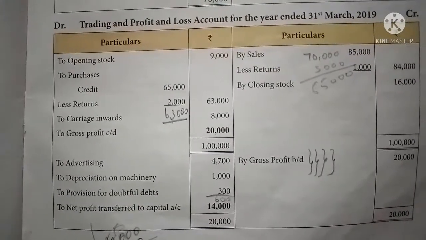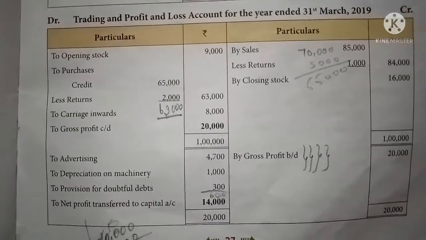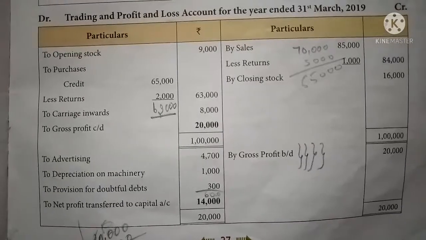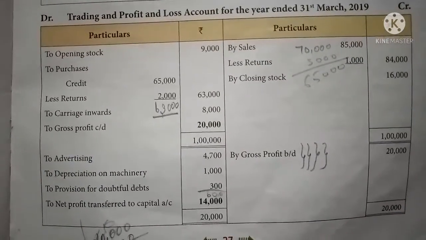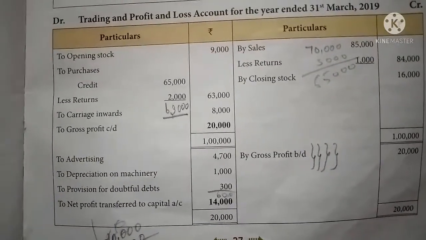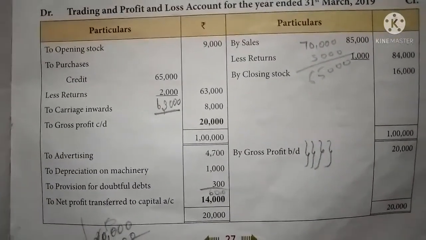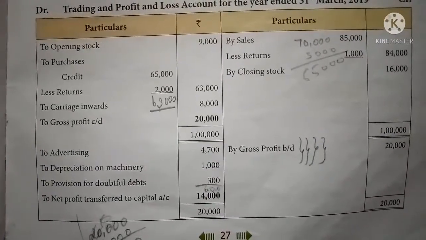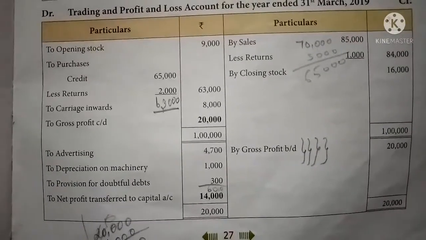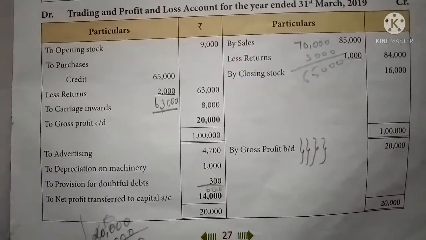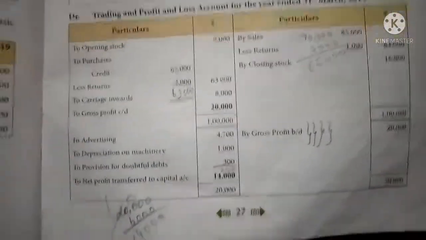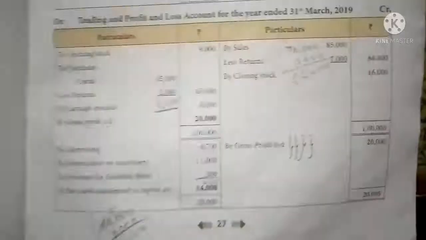In the given sum, advertisement expense, depreciation on machinery, and provision for doubtful debts, 3 items are given. Write that amount on the debit side and balance the profit and loss account also. On the credit side 20,000, on the debit side only 6,000. So subtract 6,000 from 20,000, the balance is 14,000. It is net profit, transfer to capital account. So while balancing the ledger, first you should add both the sides separately, find the highest total, write the highest total on both the sides and subtract the least total from the highest total. The balance will arise.